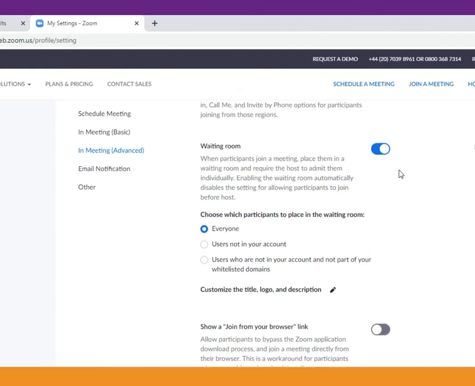So again, this is now always enabled, for that security feature, so we can see who's in the waiting room and admit them before they just join the meeting, and make sure that we do have participants that are meant to be there and no one else has managed to access the login details, etc. You can choose which participants to put in the waiting room, just make sure it's everyone. This will all be set up for facilitators, but for those using their own accounts, etc., you can then